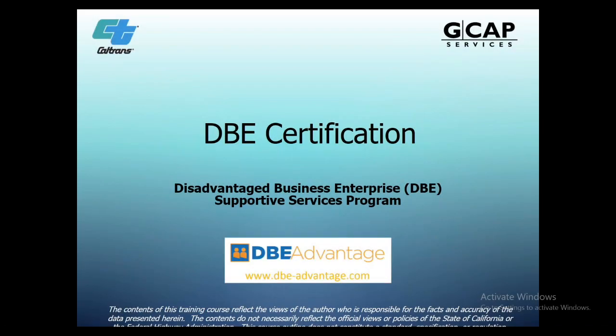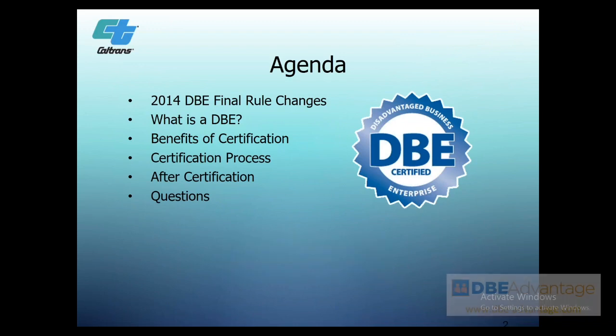So today we're going to provide you just kind of a broad overview of the DBE program. So let's get started. Take a look at our agenda for today. We're going to be addressing the rules that affect the DBE certification, and these generally fall under the Code of Federal Regulations. 49 CFR Part 26 is the overall DBE regulations. There are specific sections that deal with certification, primarily Subpart D and Subpart E of the overall regulations. So most of today is going to cover those types of regulations.